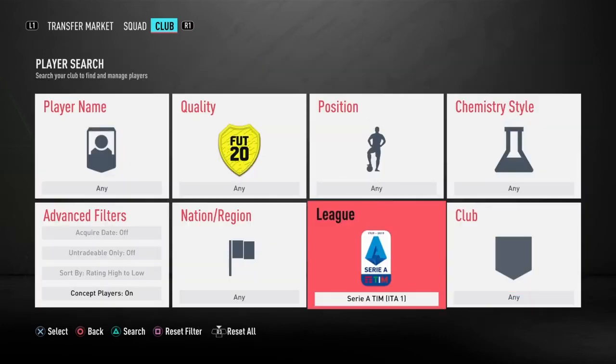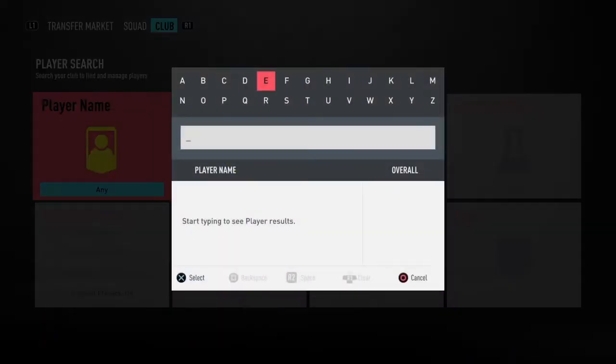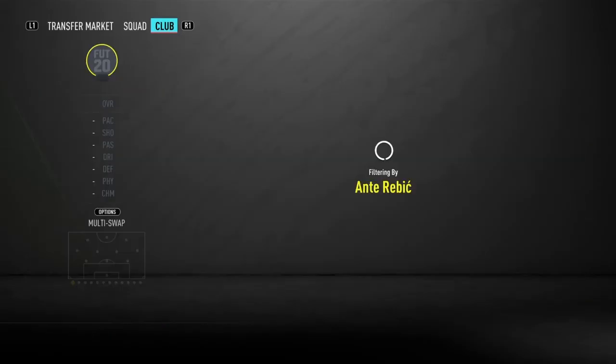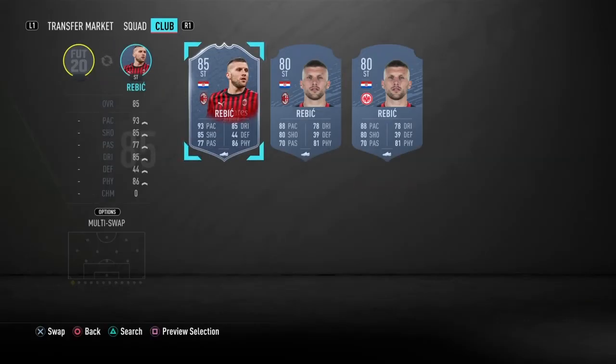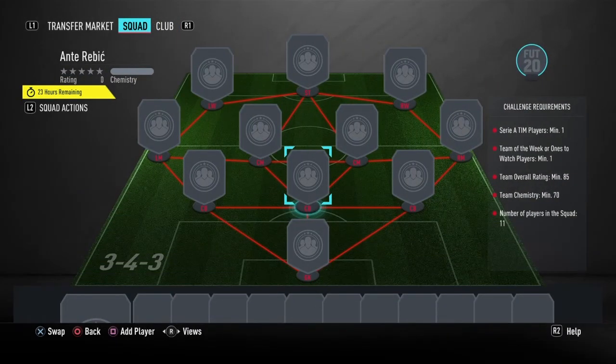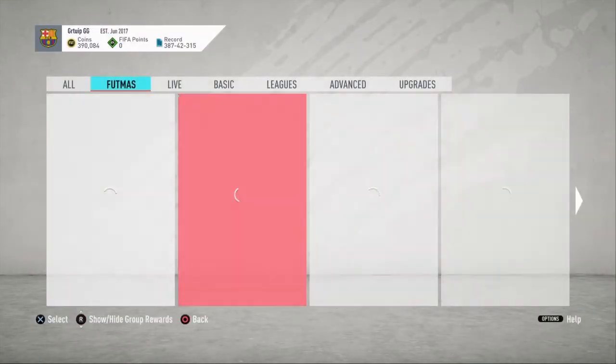Oh yeah, let me just check his upgrade. Okay, so it's a +5 pace, +5 shot, +7 passing, +7 dribbling, +5 physical, and also +5 defending. So it is a big upgrade, but 110,000 coins, I don't really think it's worth it, especially since you could